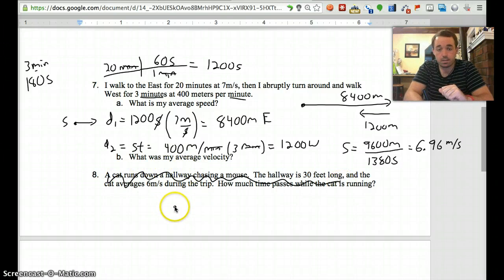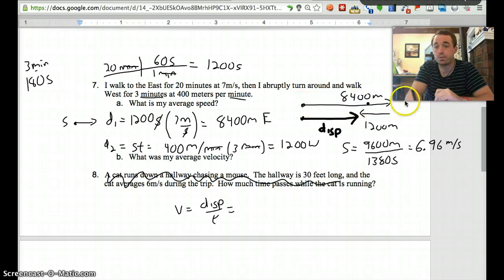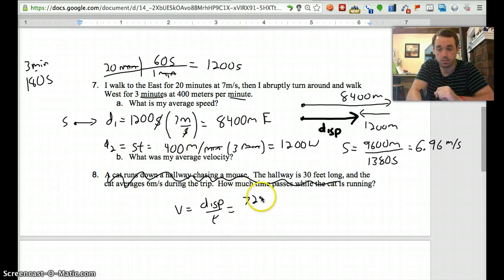My average velocity is going to be v equals displacement over time. My displacement is my straight line from start right to finish, so I have to look at those two arrows and subtract them. So 8,400 to the right, 1,200 back. The 1,200 cancels part of it, so I'm going to subtract 8,400 minus 1,200, and I'm going to get 7,200 meters. But more than that, displacement needs that direction. I went more east than I did west, so I have east as my direction, divided by the same time,